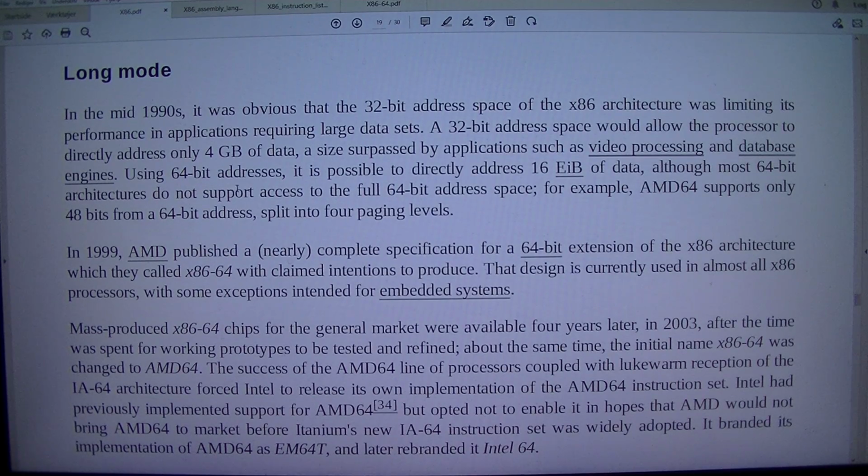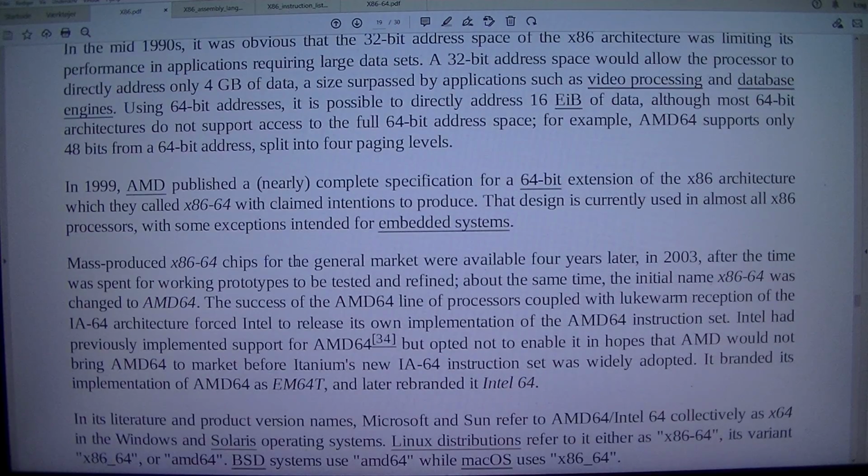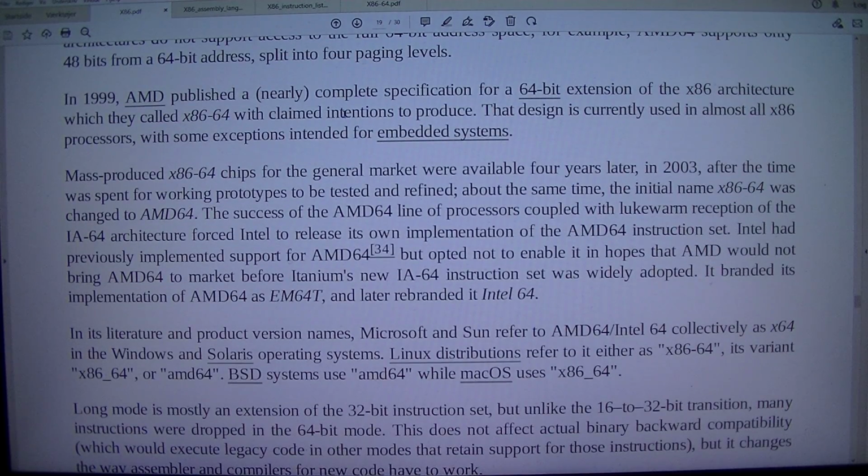Using 64-bit addresses, it is possible to directly address 16 EiB of data, although most 64-bit architectures do not support access to the full 64-bit address space. For example, AMD64 supports only 48 bits from a 64-bit address, split into 4 paging levels. In 1999, AMD published a nearly complete specification for a 64-bit extension of the x86 architecture,